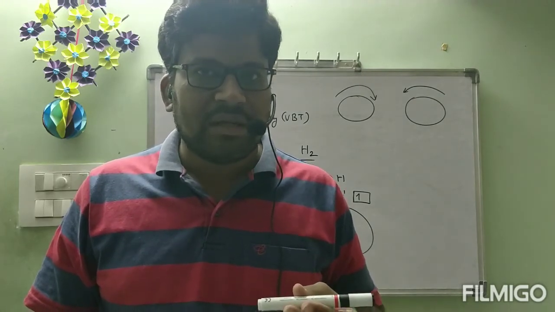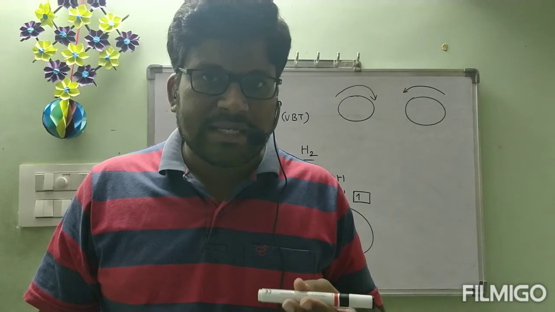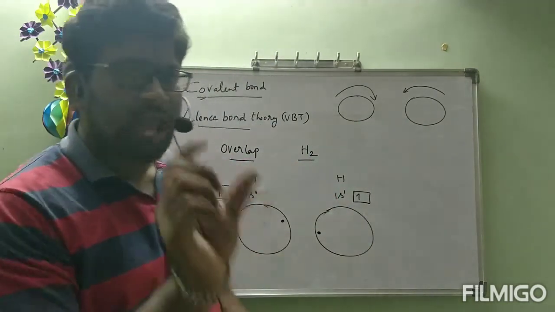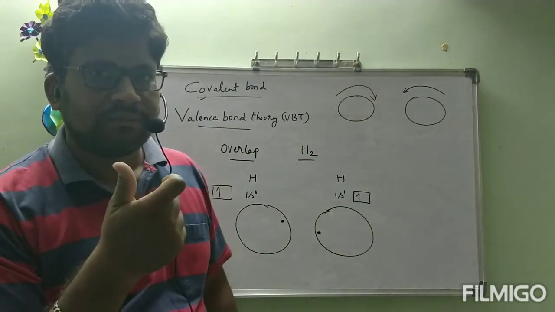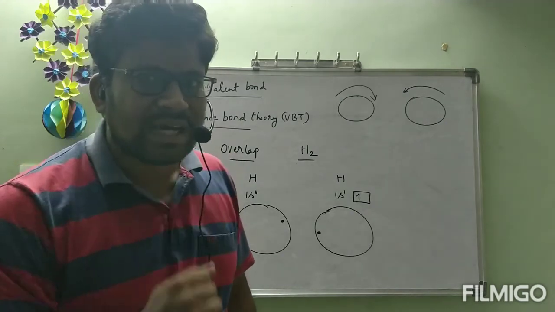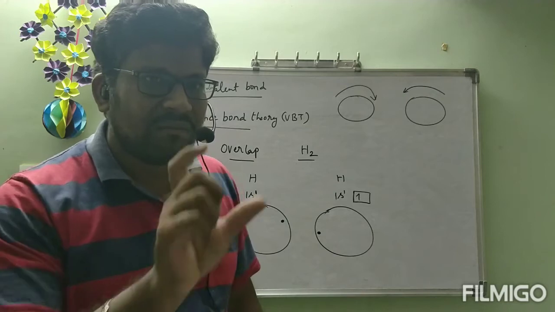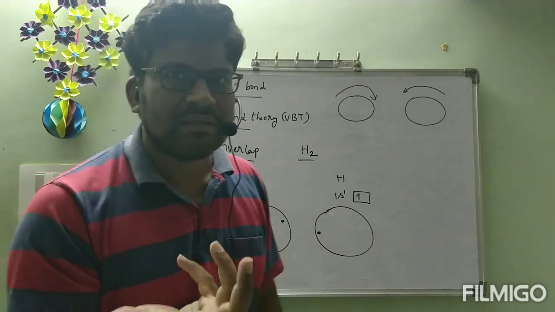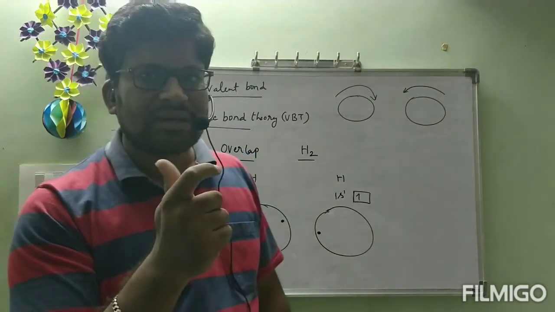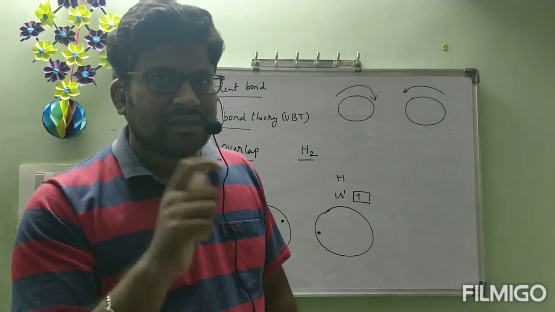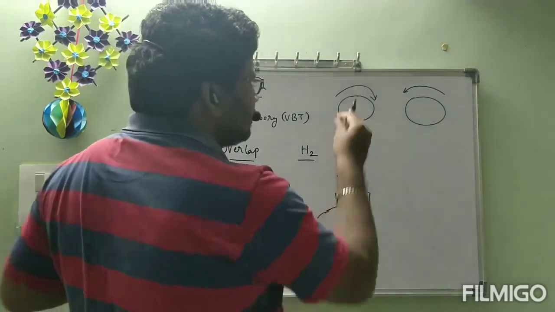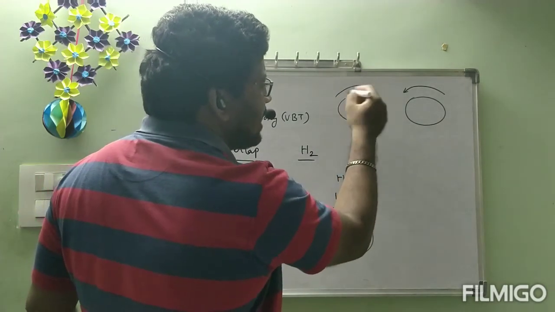Surrounding that, naturally, a magnetic field will be generated. Like that here, the electron spins in clockwise direction. An electron contains charge, correct or not? Movement of charge is called electricity. In what direction is this movement of charge happening?